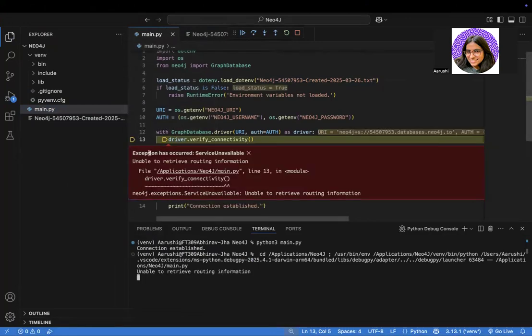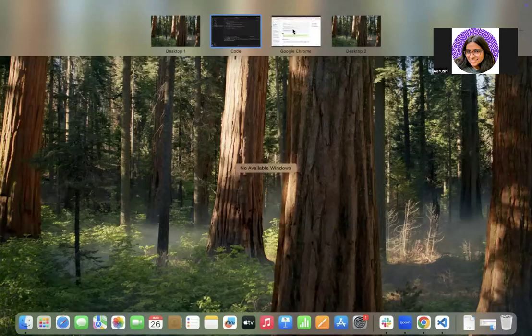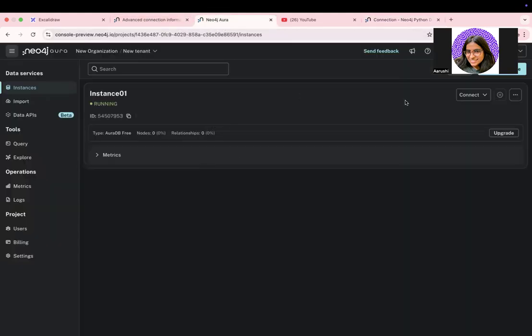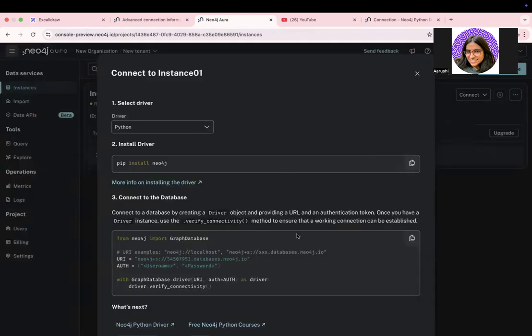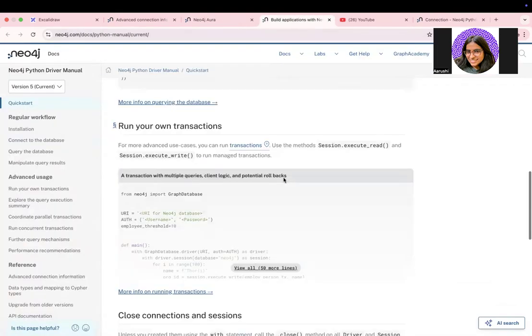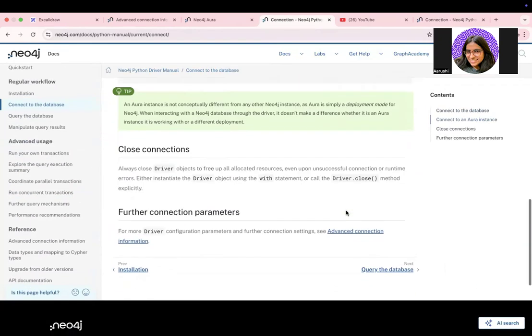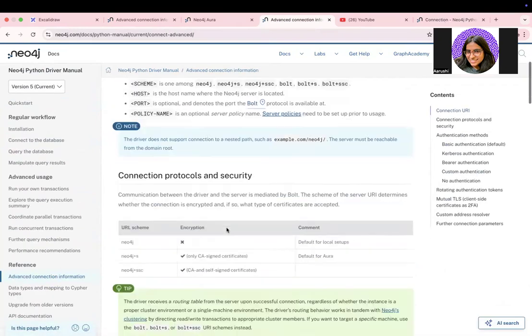Yeah, this is the error again, service unavailable. So basically this error usually arises when there's some sort of a config issue or some sort of a credential issue. So how we're going to fix this is that first, let me tell you why this error usually pops up. Now that our instance is created, if you click on drivers and go to connect to the database again,